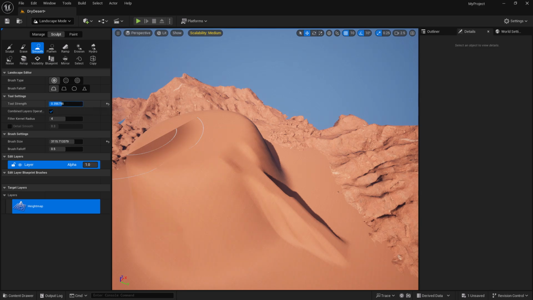We're going to reduce the strength of the smoothing tool. And we're going to reduce the brush size. And what you can do is you can smooth it and kind of blend the ramp out. So that's what that is. So we're using the erase, the sculpt, and the smoothing tool and the flatten tool to create it and the